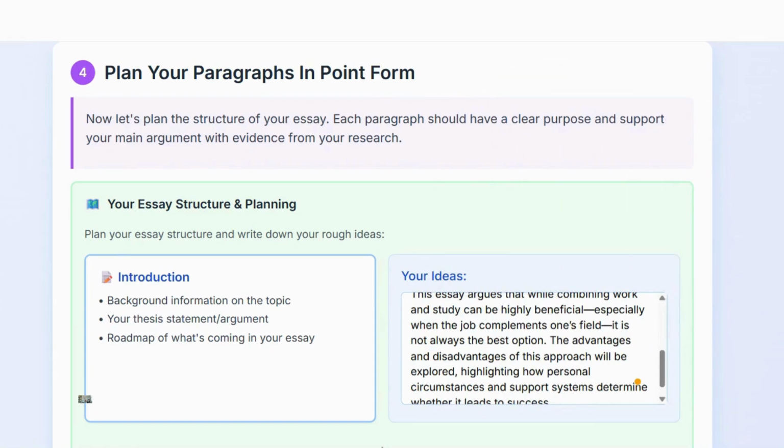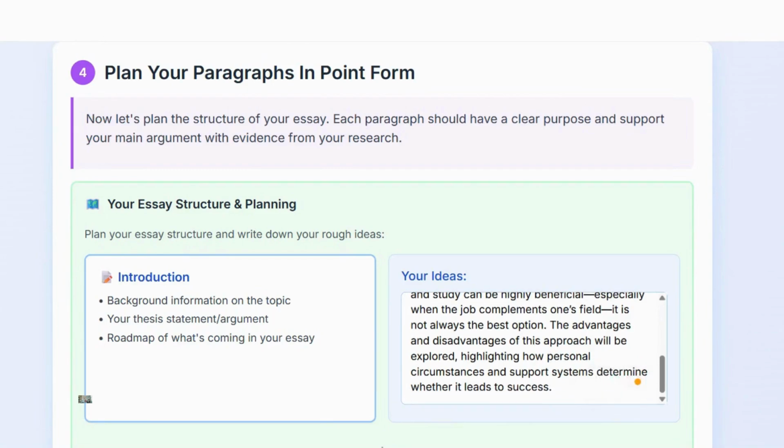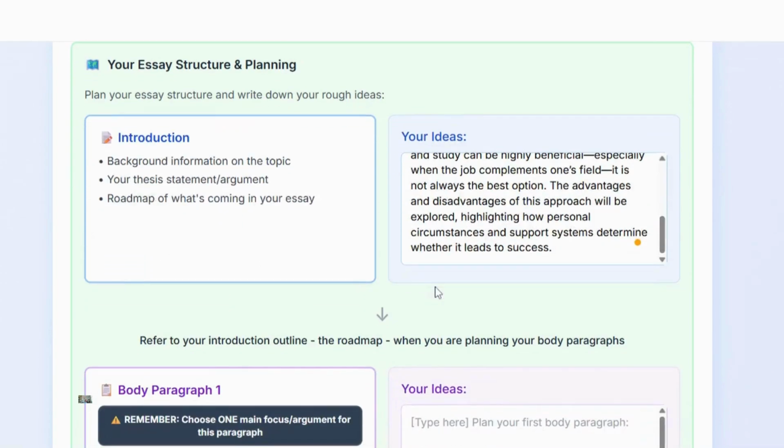Okay, and then I'm going to explain the last little bullet point here, a roadmap of what's coming. So it says the advantages and disadvantages of this approach will be explored, highlighting how personal circumstances and support systems determine whether it leads to success. So what have I done? There's no mystery here. I've just explained to my reader exactly what I think and what I'm going to do. That's what a strong introduction has. Okay,